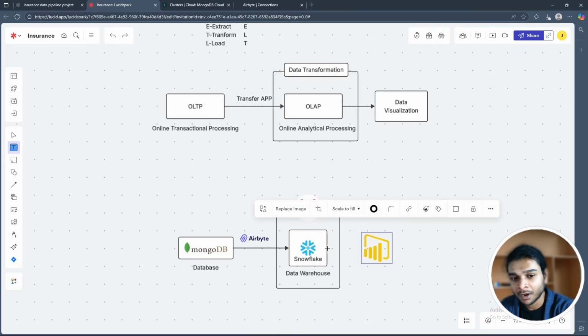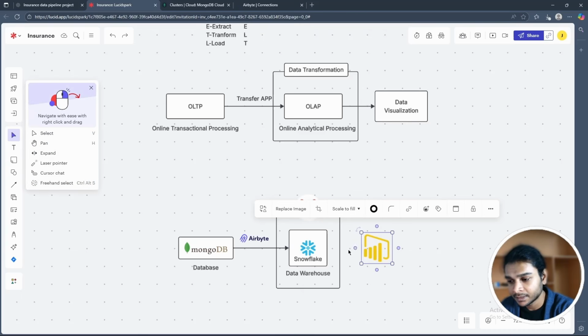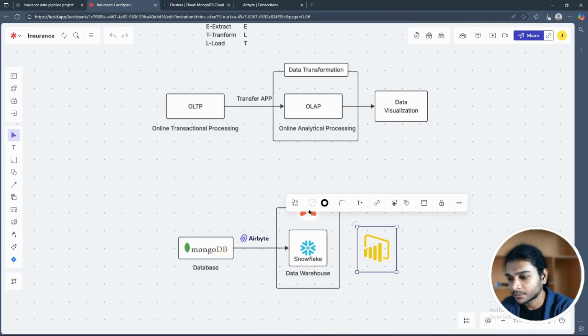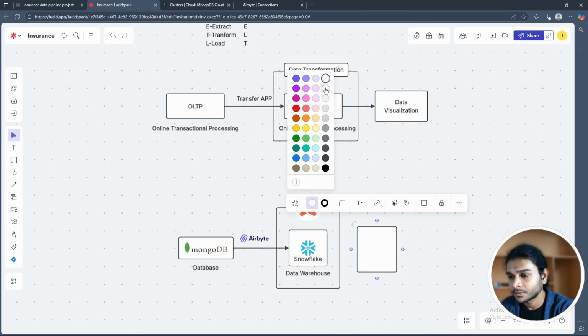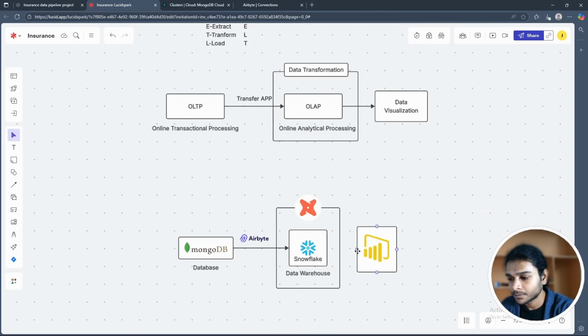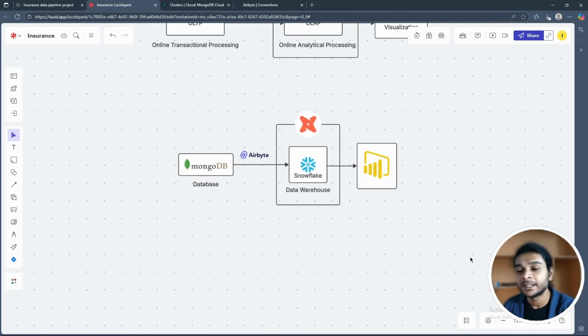Well, I don't know about any other, but personally, I think it is the easiest tool you can start with. Yes, this is our data pipeline. Very small one, but